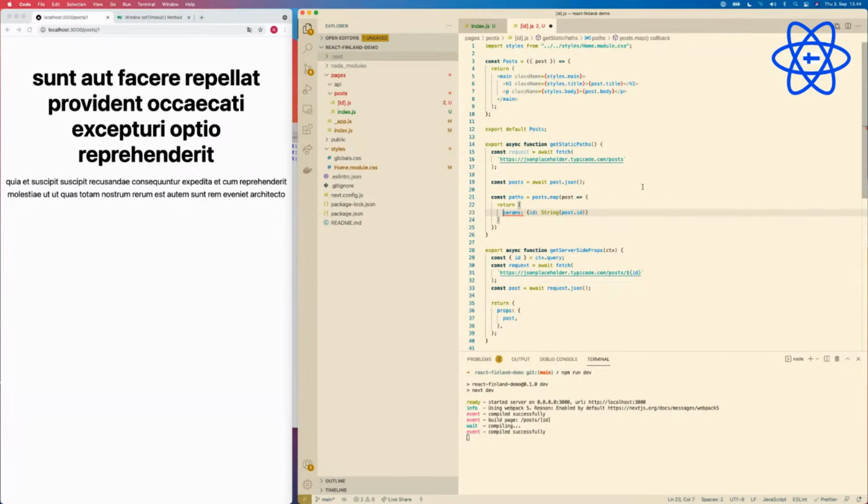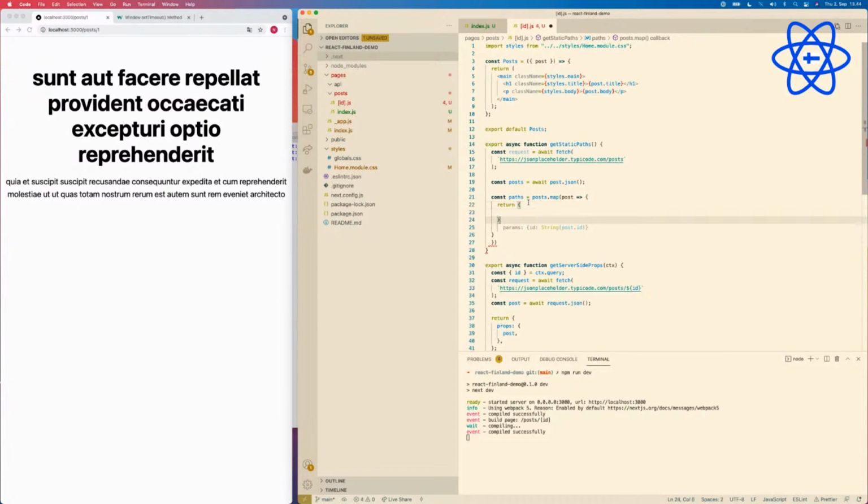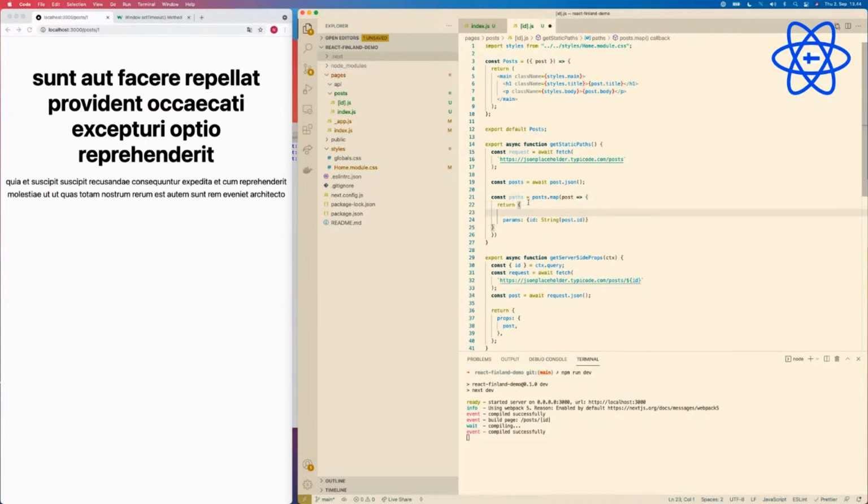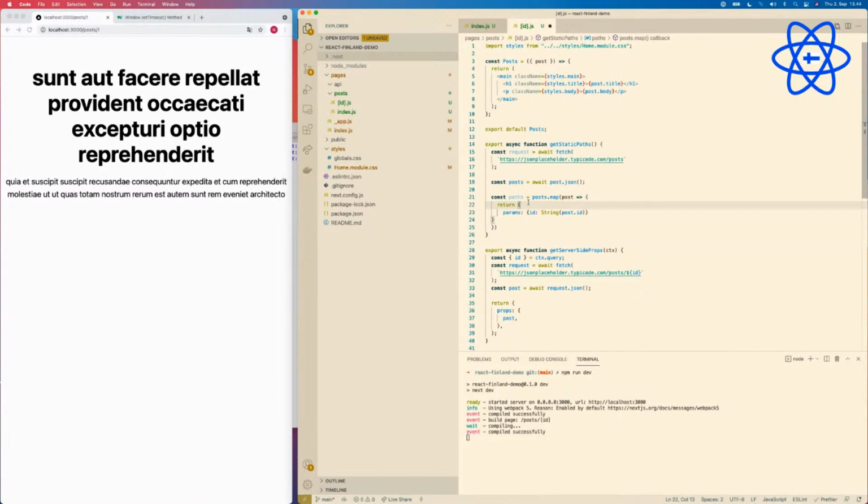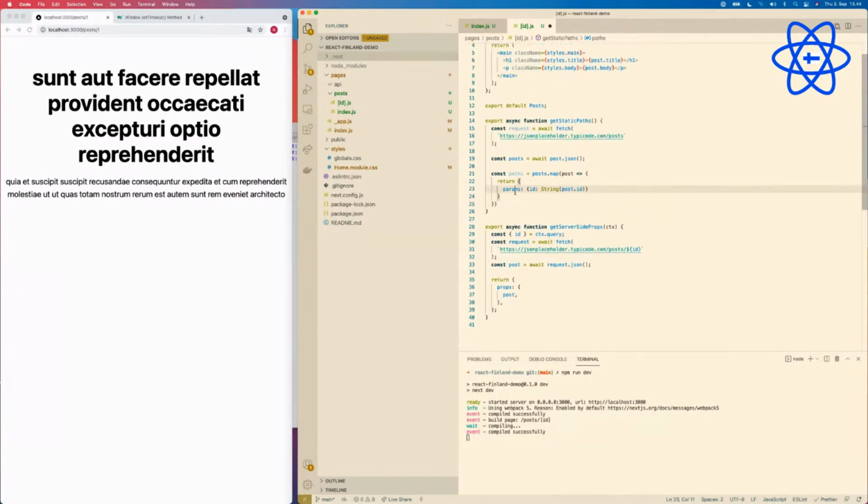Am I missing something here? Yeah. Fine, that's better.